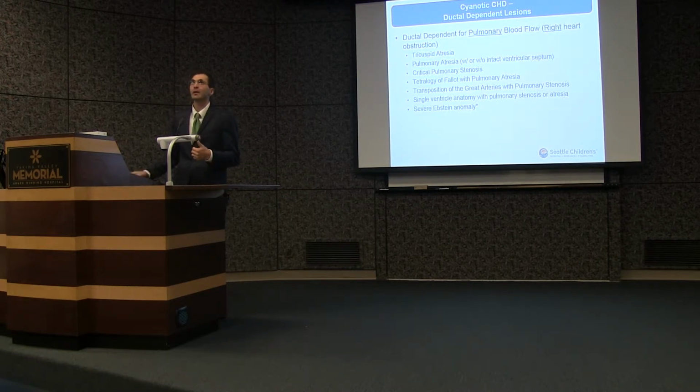circulation. If you think about the analogous component to that on the right side of the heart, those are the lesions that are ductal dependent to provide pulmonary blood flow. So if you have an atretic tricuspid valve, or pulmonary valve, or severe pulmonary stenosis, you're not able